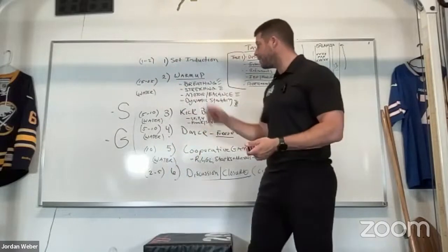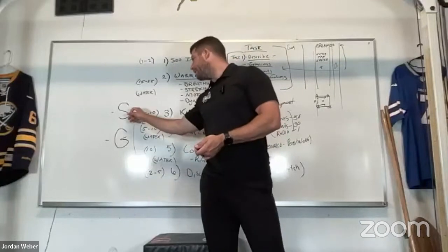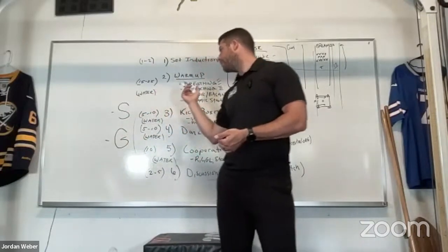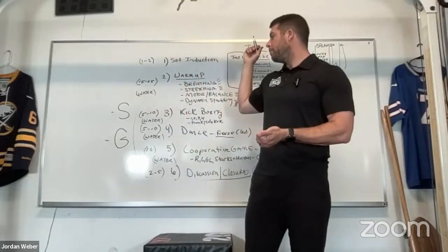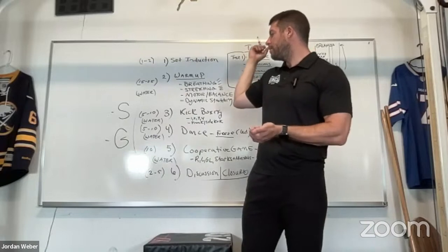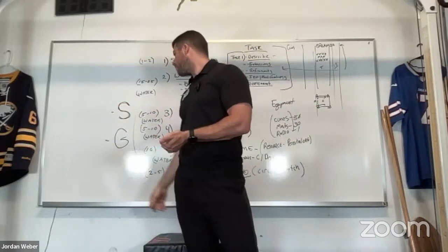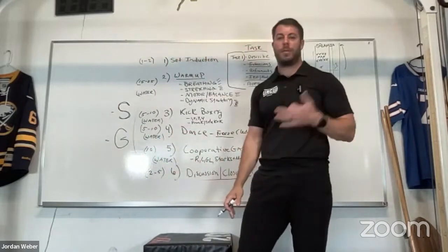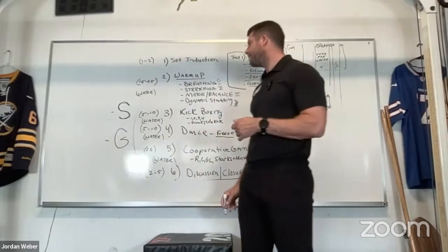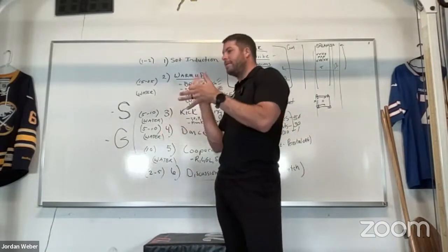So there's two different ways you can teach, and that's in a group setting or in a, what am I thinking of? Group setting. Oh my gosh. Group setting and S, I'm having a blank here. Help me. I'm going to get it. Group setting and